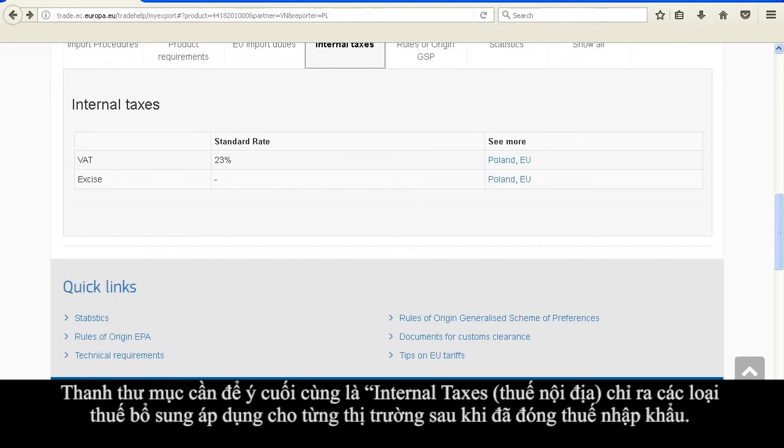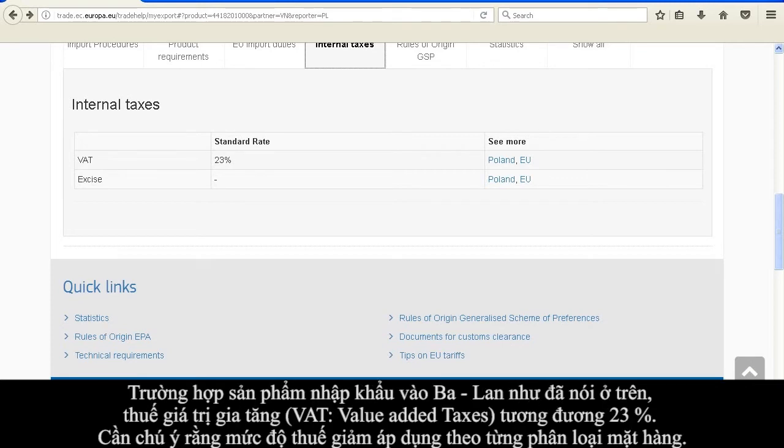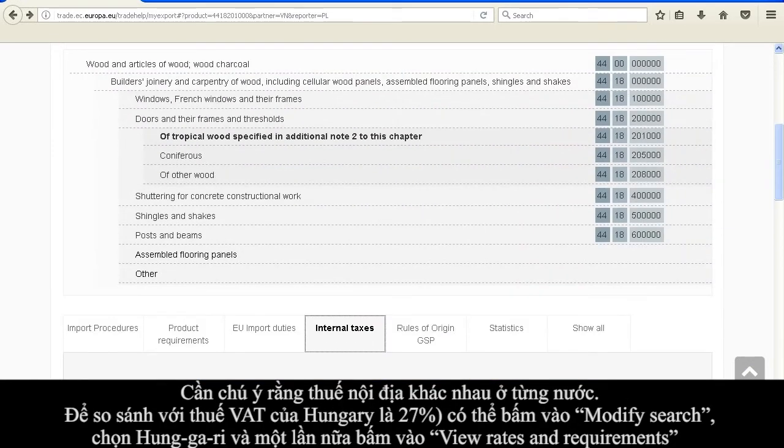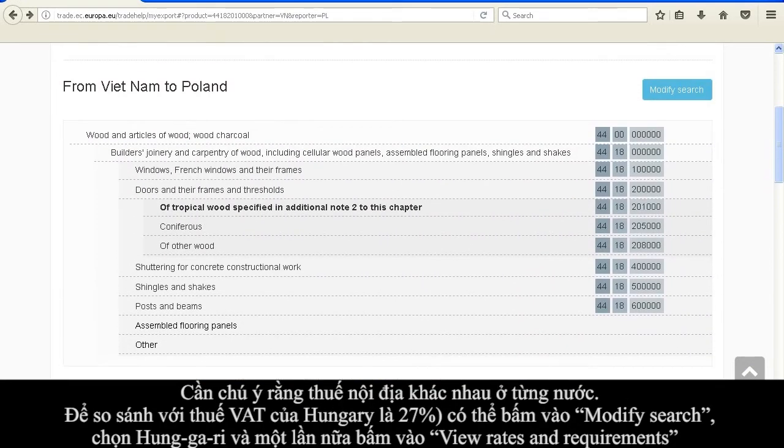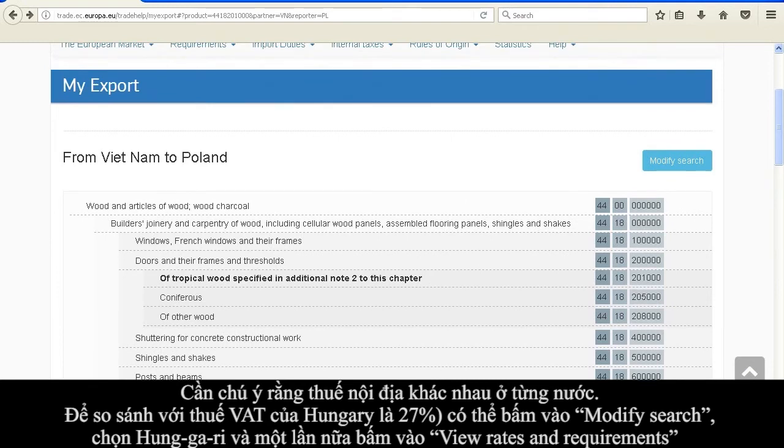The last tab to observe is the Internal Taxes tab, which indicates additional taxes that apply within the respective market after the import duty has been paid. In our Poland example, the additional VAT equates to 23%. Note that these internal taxes differ per EU member state. By comparison, Hungary's VAT is 27%,